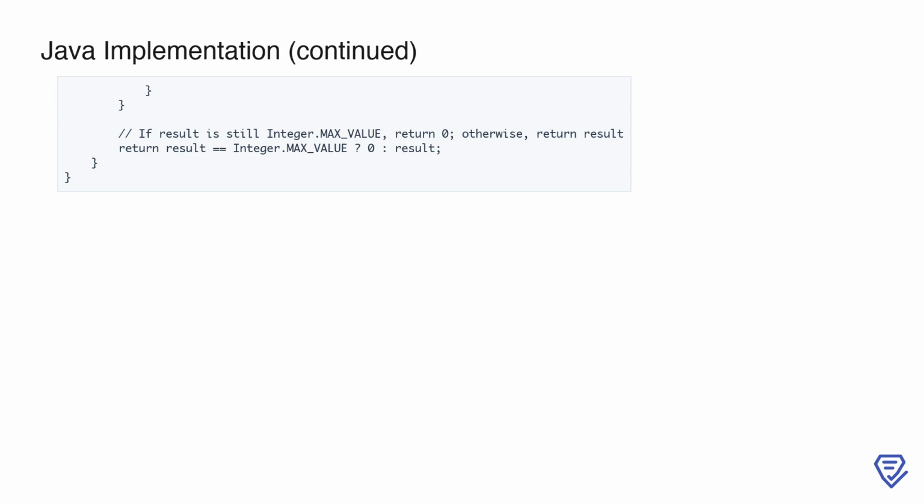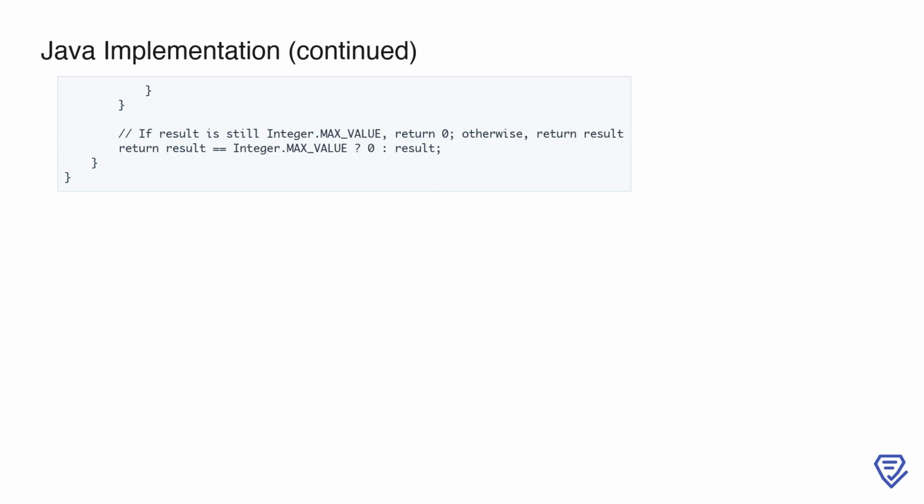This ensures we consider all valid candidates for the smallest possible number that can be on the front of a card after flipping. Finally, we check if result is still equal to Integer.MAX_VALUE, which would mean no valid number was found. In this case, we return 0. Otherwise, we return the value of result as the smallest valid number. This approach efficiently filters out invalid numbers and ensures we get the correct result by leveraging the hash set in